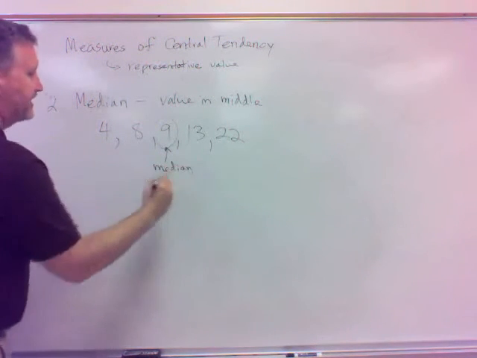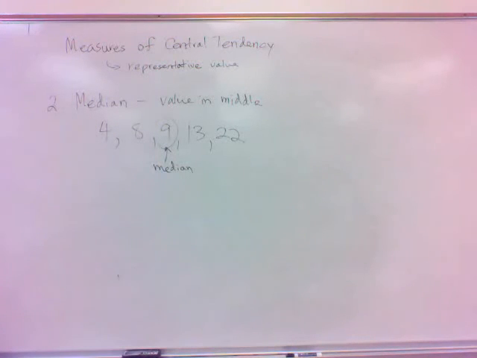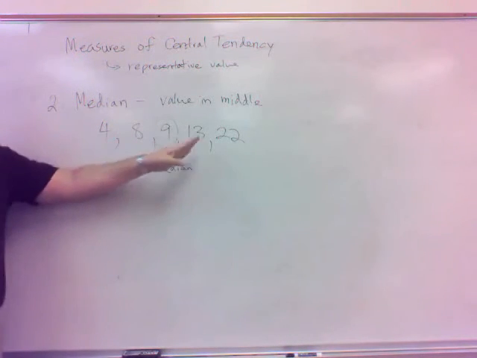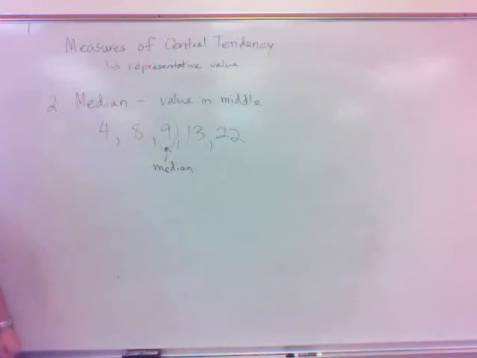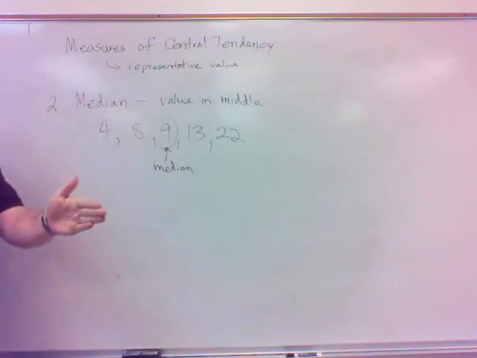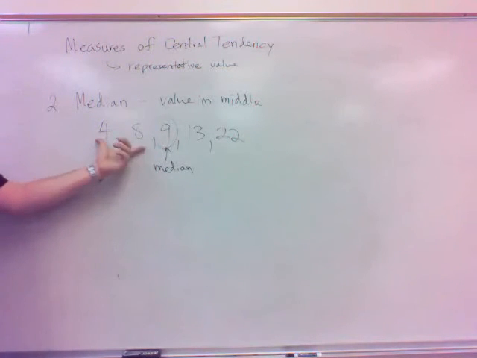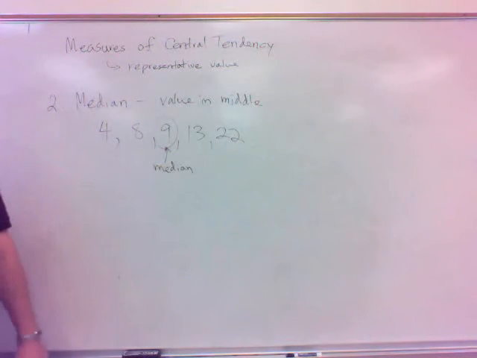Another way to look at it, the median, it's the value where you have an equal number of values less and the same amount more. So it splits the data kind of in half. This side has 2, and that side has 2. That's the median. It's the value right in the middle. Now, you do run into a slight problem on some of these. That one had 5 values, what if I had 6 values?